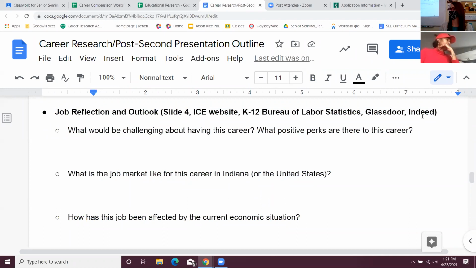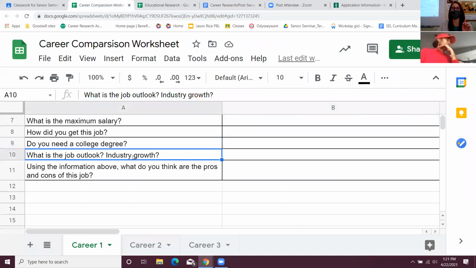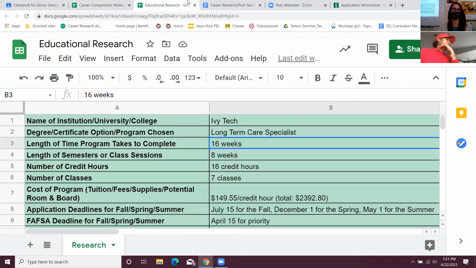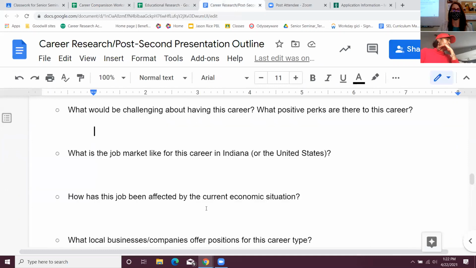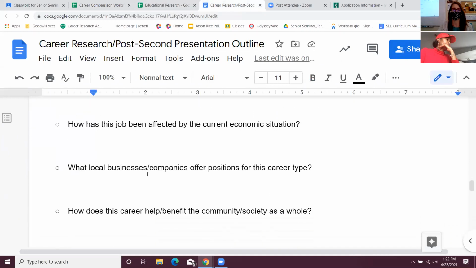What is the job market like? That would be what is the job outlook or industry growth. How has this job been affected by the current economic situation?